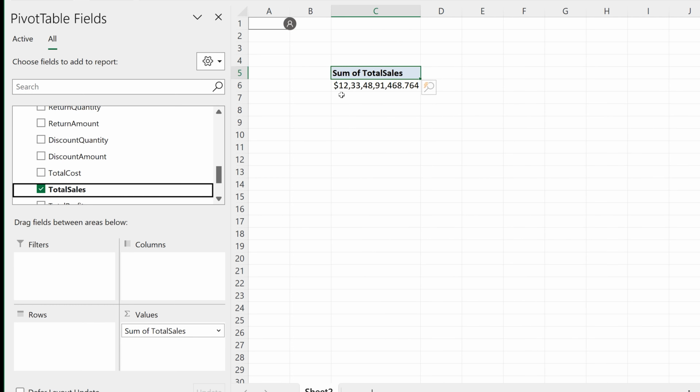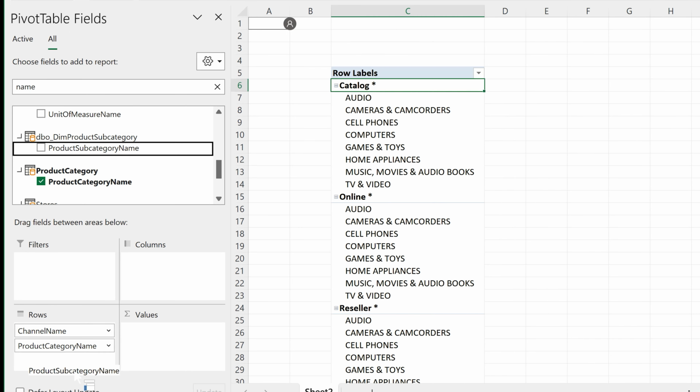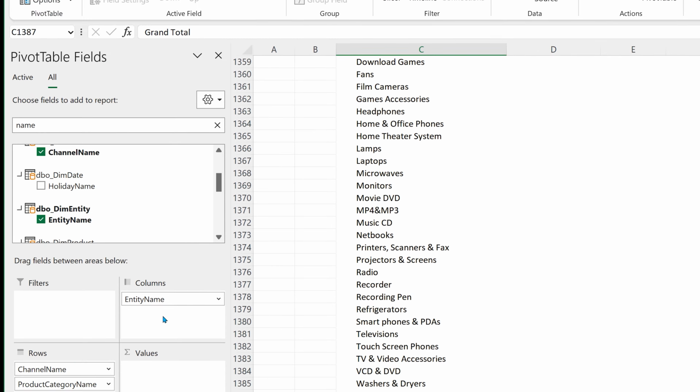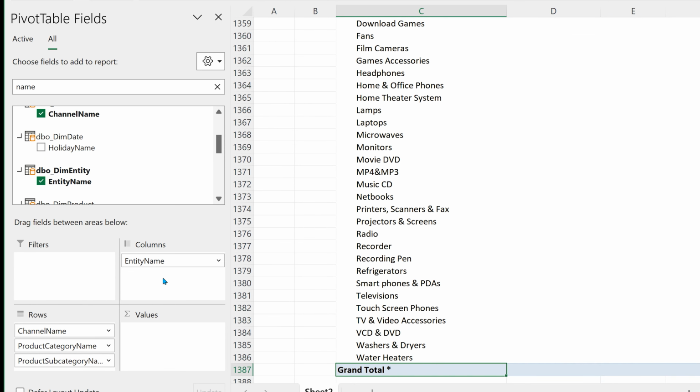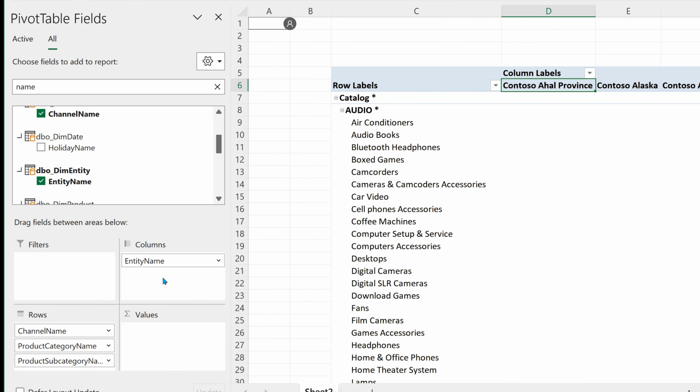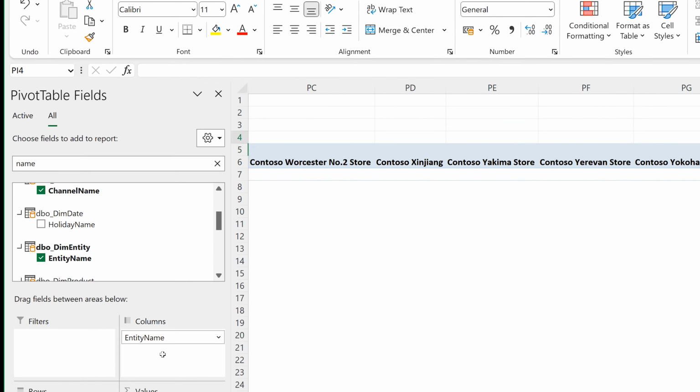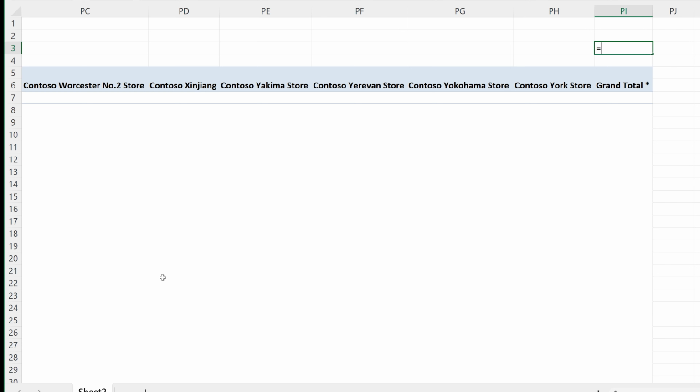But that should not be very impressive because it was just one calculation, and Excel is obviously very good at calculations. What we want is a much more complex pivot table. So let's create that. So let's see how many rows this pivot table has. Oh, 1300 rows. Now let's see how many columns it has. I don't know what PI means. So let's use the column function to find out how many columns are these.